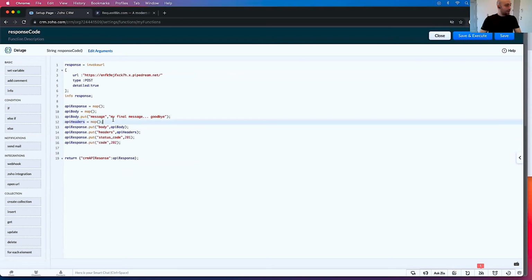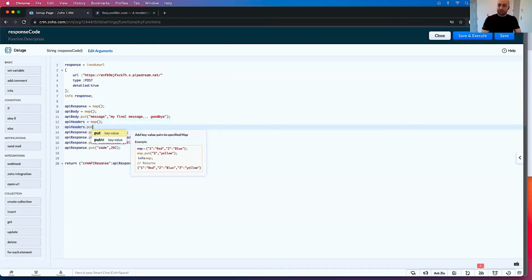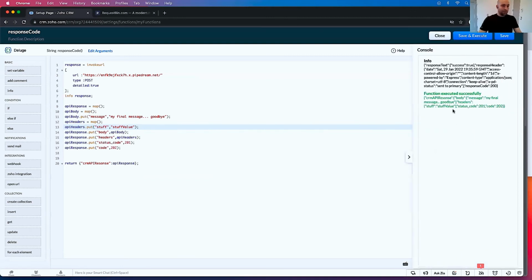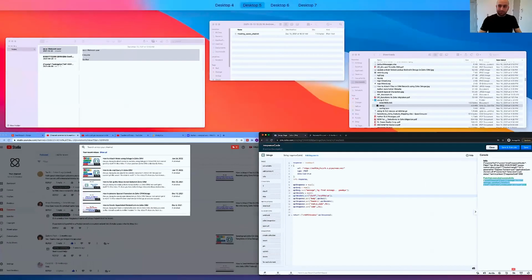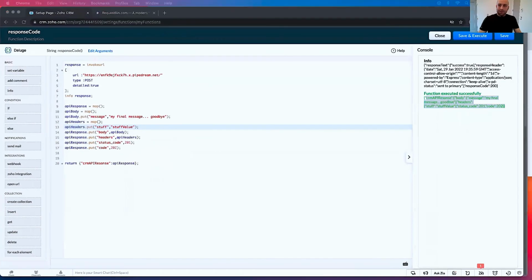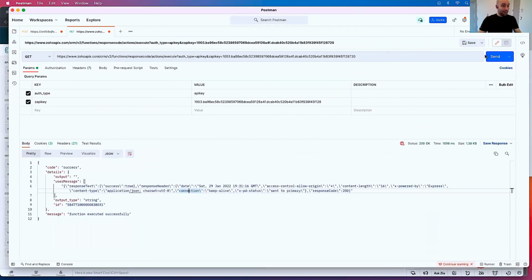And then in the API headers, we're just going to put headers.put. And what's something that goes in the headers? Stuff value. So now I can save and execute. And I get something that looks like this. However, if I do an API call now,